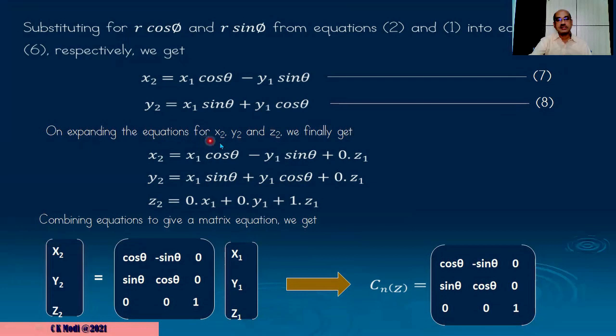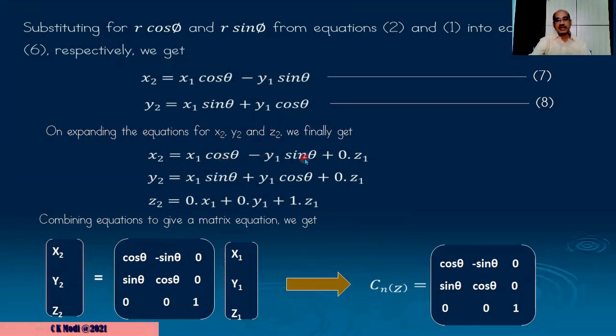Now on expanding the equations for x2, y2 and z2 three-dimensionally, what is the value? x2 is equal to x1 cos theta minus y1 sin theta plus 0 z1. For y2, three-dimensionally, x1 sin theta plus y1 cos theta plus 0 z1. And in the same way, z2 is equal to 0 x1 plus 0 y1 plus 1 z1, because z2 is equal to z1. So for x2, y2 and z2, finally we have derived the matrix